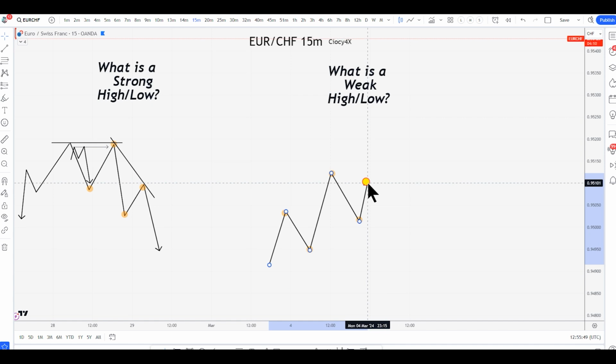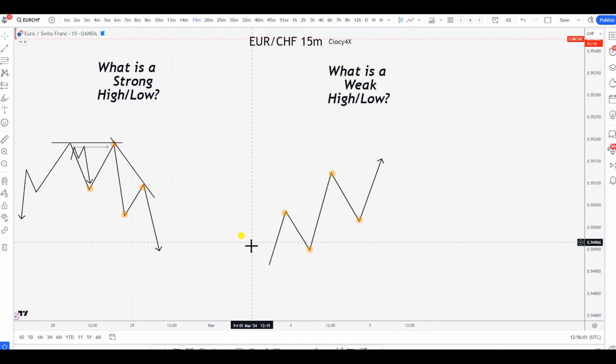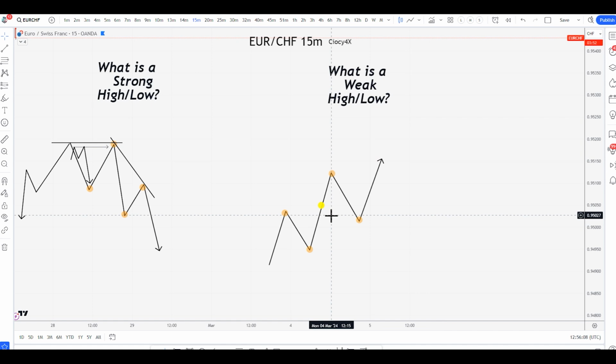But the likelihood of this getting broken and keeping the price pushing up is definitely 70-30, or 80-20, or even 60-40, depending on so many other confluences and so many other variables. Now the reason why I'm telling you this is because I know it sounds very simple. They're like, oh, so you're telling me the strong high and weak low, all of these just to say simply structure? Yes, exactly.